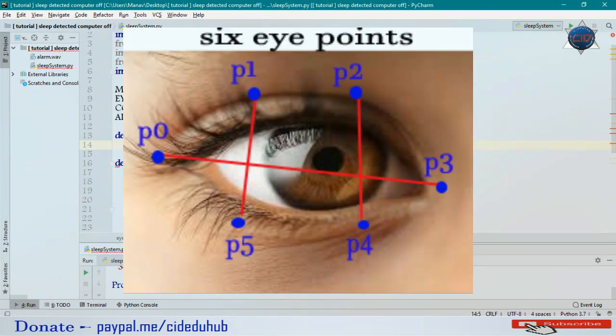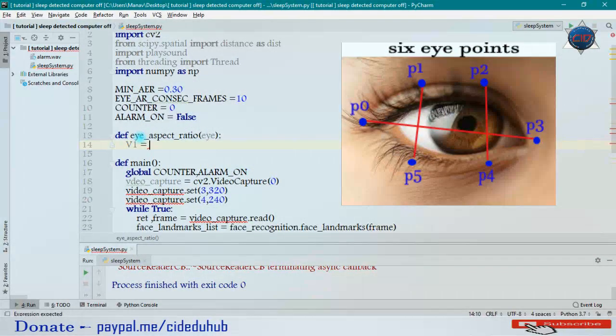Okay, so as you can see in this image that there are 6 eye points in one eye in CV2. Okay, so here you can see that there are 2 vertical lines and 1 horizontal line. So we'll have to create the Euclidean distance between 2 vertical line points and also between 2 horizontal line points. So we'll create it like this. I'm naming V1 as the vertical line points 1, and I will call here dist.